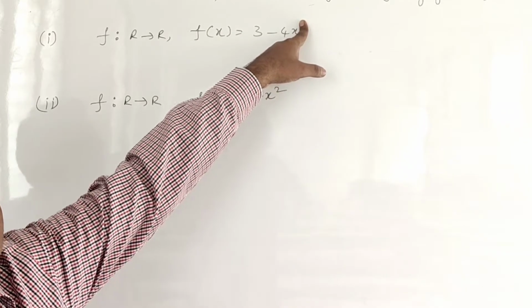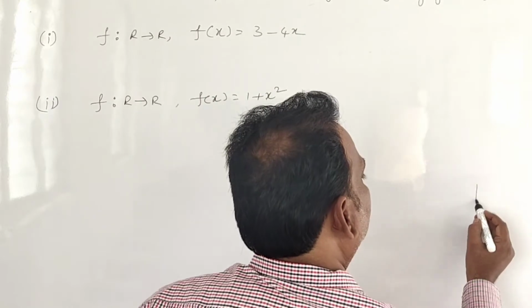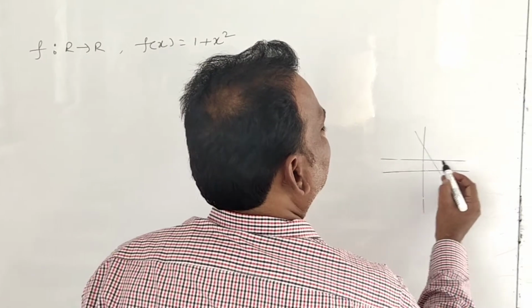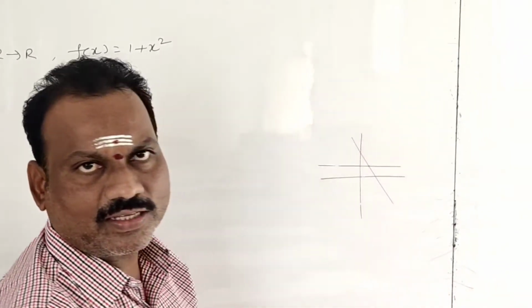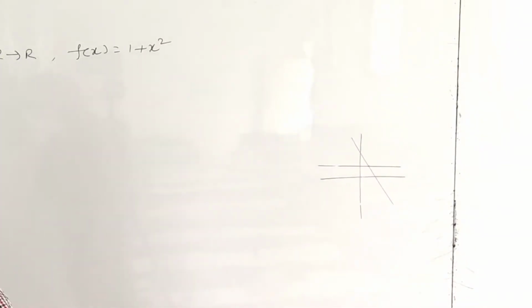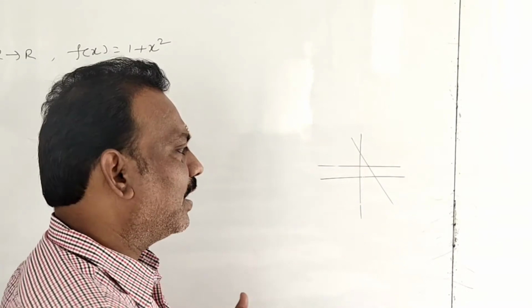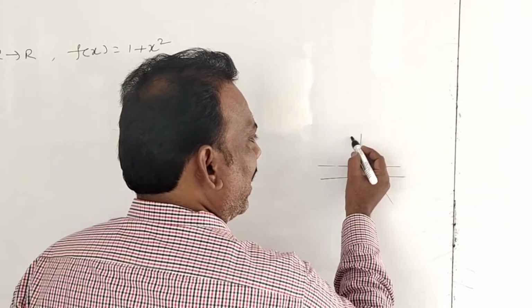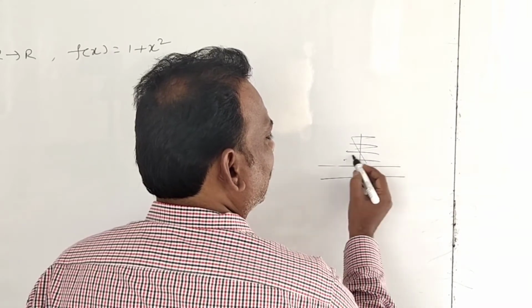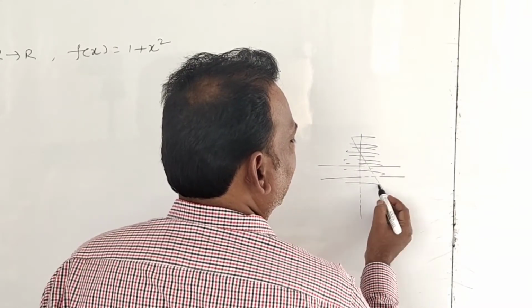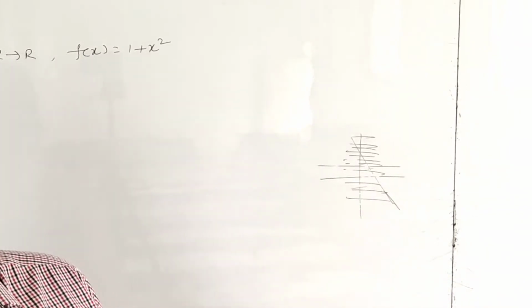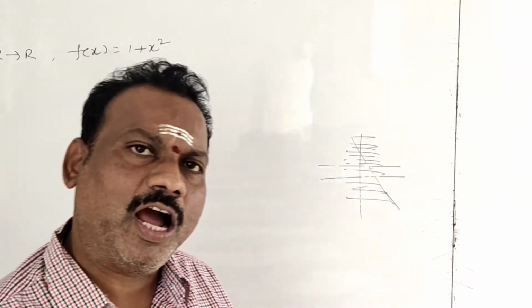I told you, one-one function. Can you remember it? A linear function means you are representing a straight line. If you draw a line parallel to x-axis, it cuts only one point. So, it is always a one-one function. And also an onto function. Why? Because if you draw a line from each point in the codomain, codomain means y-axis, for all points on the y-axis you can draw the line parallel to x-axis. It must intersect somewhere, at least one point. That's why it is also an onto function.